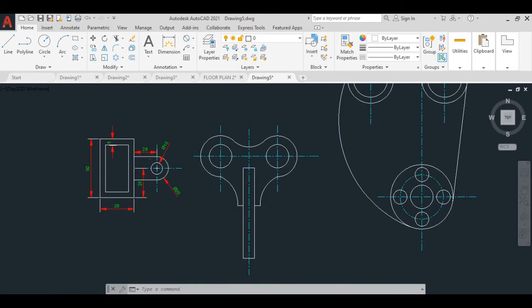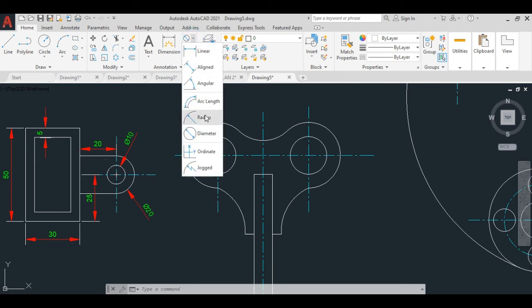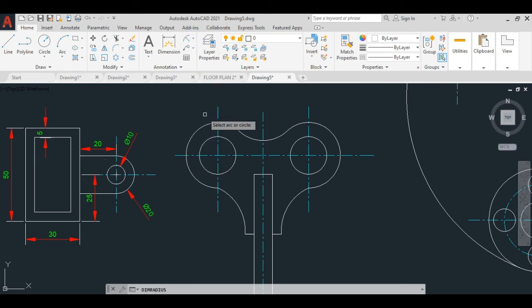So now we'll move to the other drawing. Here I'll choose the radius option. I just pick this and place it over here.